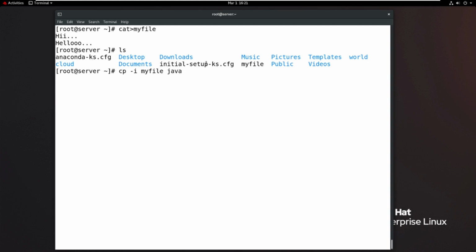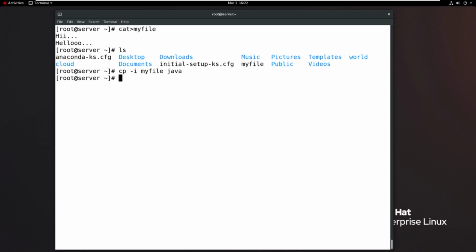But is there any Java file? No. In case the target file does not exist, it will create a new file and also copy from source to target. Now the Java target file does not exist.